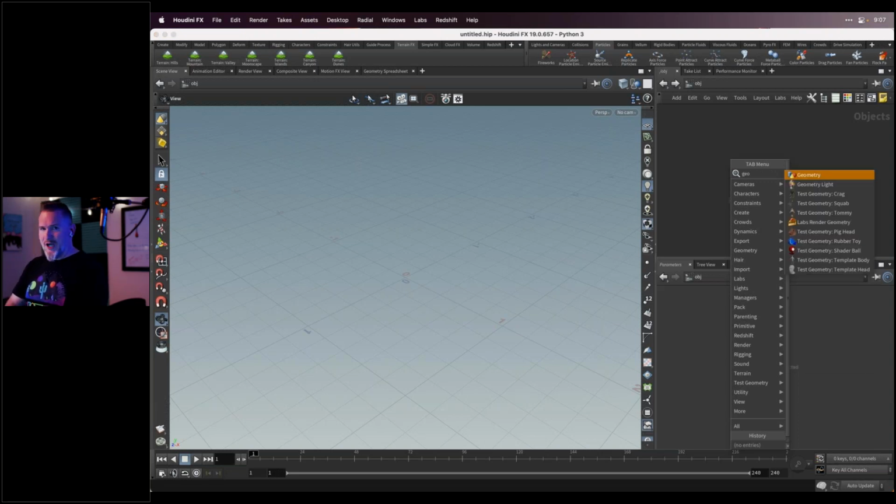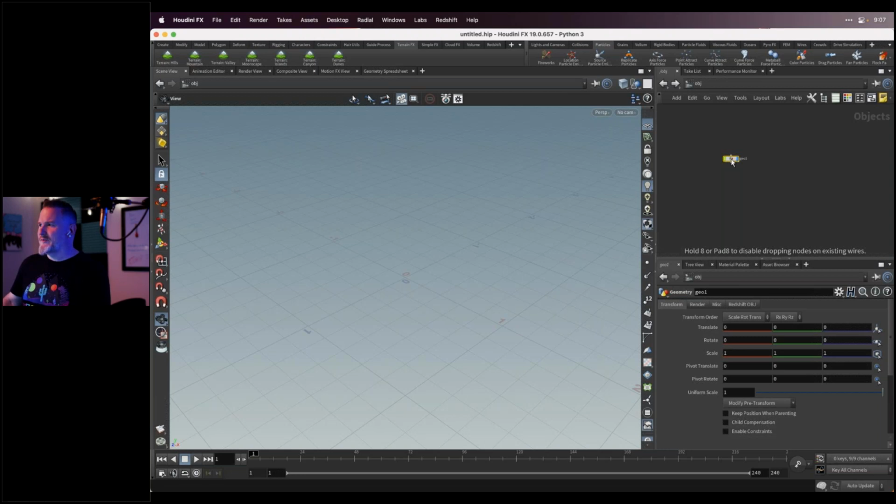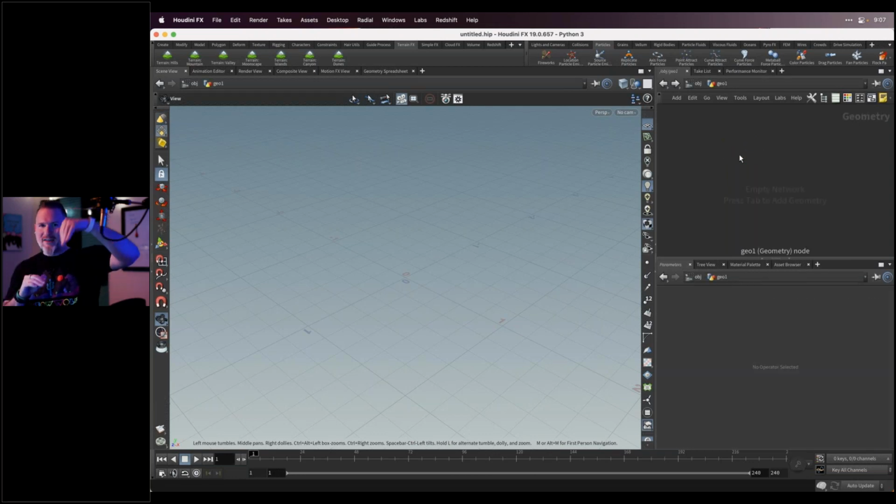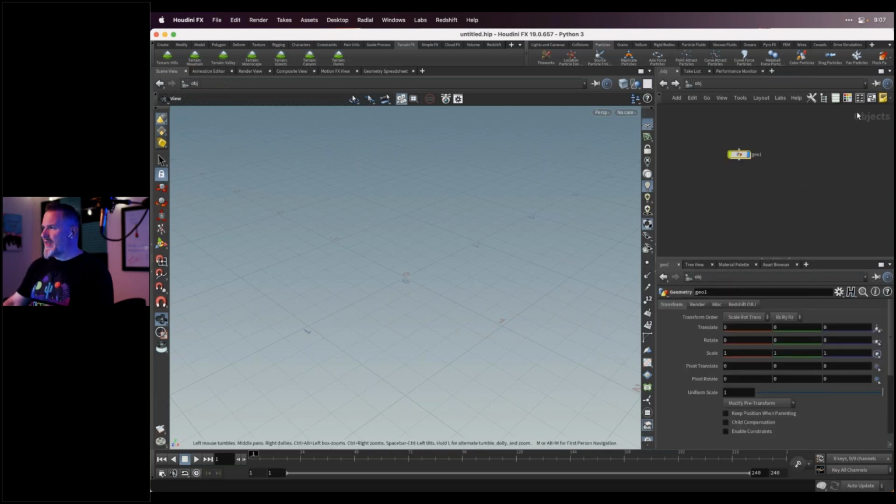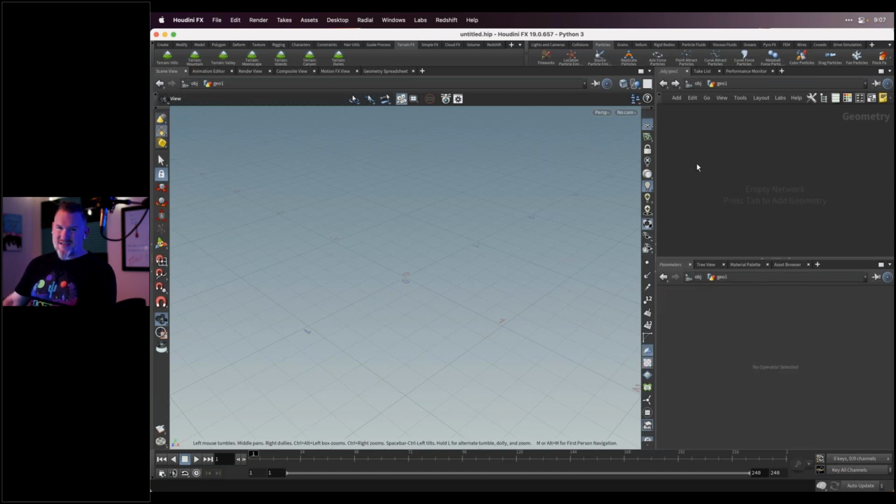So the first thing I want to do is type geometry, because typically what you're doing in Houdini when you first start out is creating a geometry node. And you might say, well, what did you just create? What geometry is there? Because there's nothing going on. And that's true. We just created a geometry network. If I double click my geometry network, it's like we've gone down the rabbit hole and we're in a different world. If I press the U key to get back to the object level, or I can just click here, I'm back in the object level. It says objects, and then I double click it, and now I'm in the geometry context.